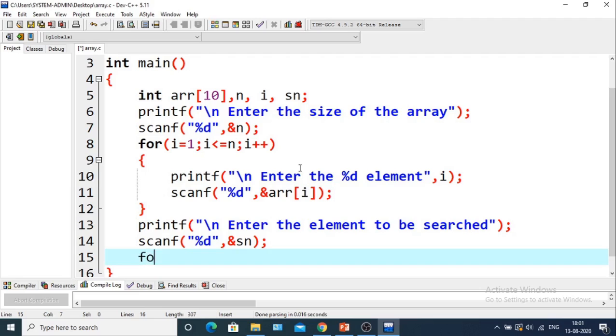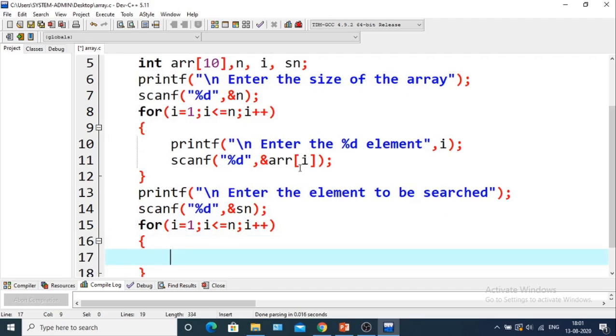Next we will search the element sn in the array elements. For that we will check all the elements, starting with i equals 1, then i less than or equal to n, and i plus plus. So if arr i is equal to sn, we can say that the element is found.